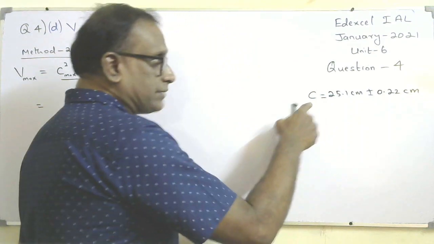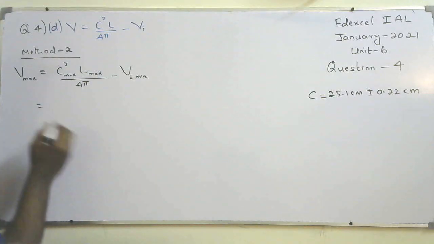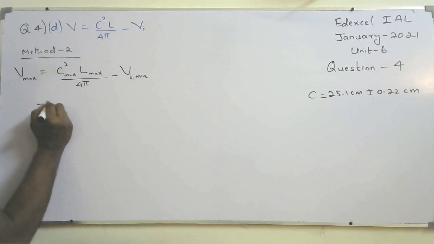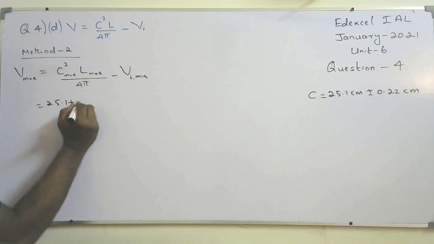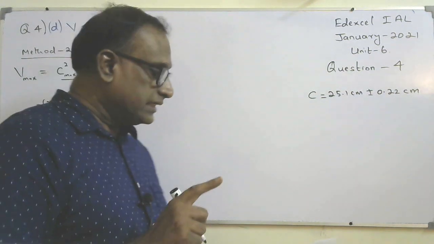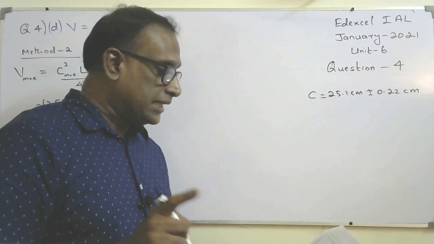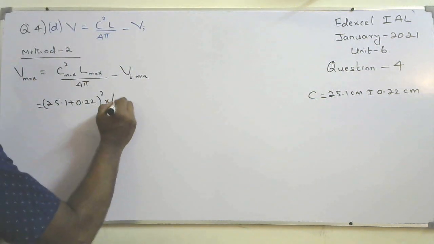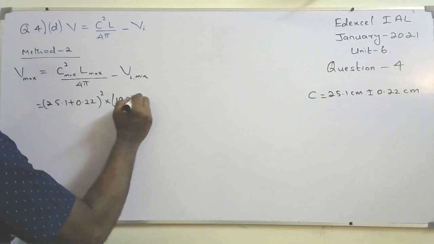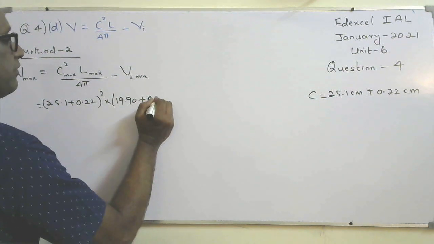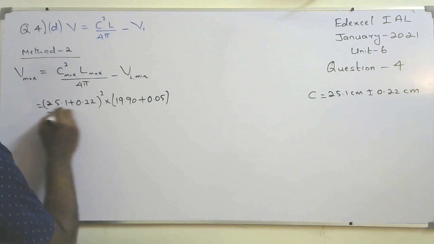So to get the maximum C, I should add the uncertainty. So 25.1 plus 0.22, all squared. L max, L is given, 19.90 plus or minus 0.05 on the paper. So that is 19.90 plus, I should add the uncertainty, plus 0.05, over 4 pi